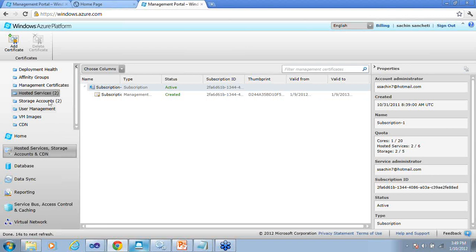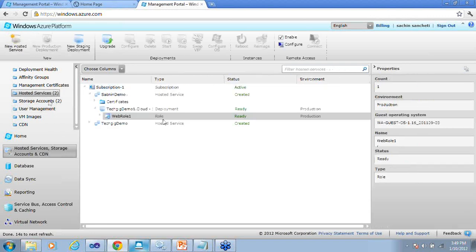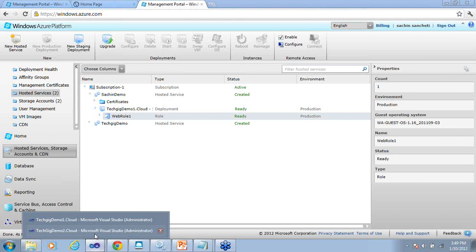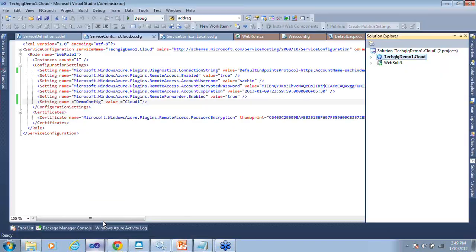Let us go back and try to deploy our application from Visual Studio. Here, I come back to my application. Let us do this. Now you have to select the cloud project, and there are two options. So let us see package. When I say package, you remember I have two configuration files, service configuration for cloud and local. Since I am planning to deploy it to cloud, I prefer to select cloud. In cloud, I will have different settings which are specific to my cloud.